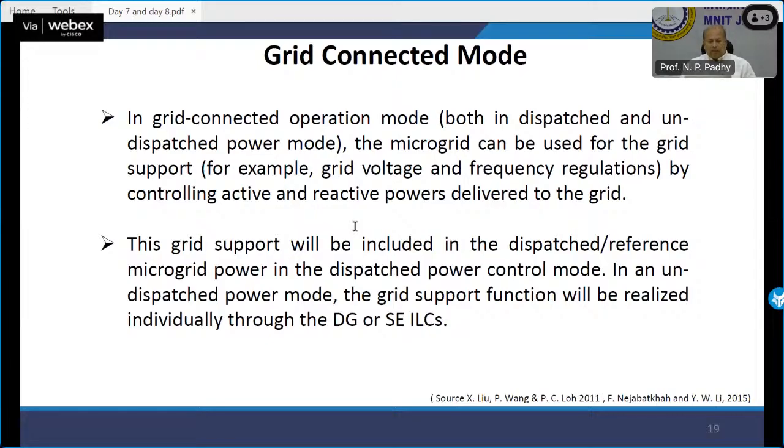Now, in case of dispatched power control mode, grid support will be included in the dispatched reference microgrid power, and in an undispatched power mode, the grid support function will be realized individually through DGs, energy sources, and ILCs. What is ILC? Interlinking